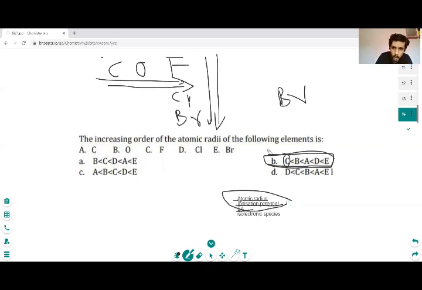And you can use small tricks like this if you know exactly what is happening. Like here we know fluorine has the smallest, so we can put it and find the answer. I'll share this small question paper, like a 14-15 question paper, with you. You can try the answers yourself, apply this logic or knowledge, and try to solve the questions. I'll see you in the next video. Thank you.